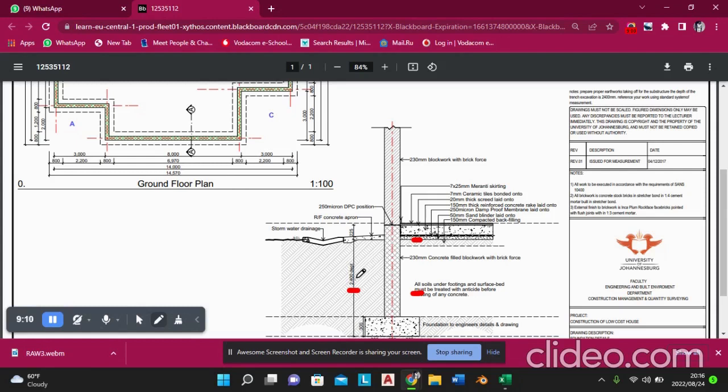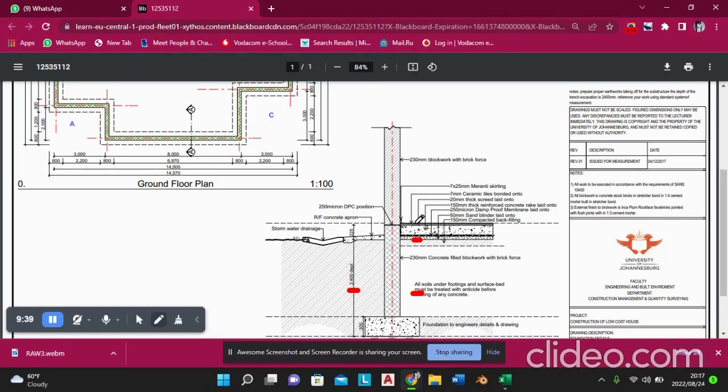You just take the 2.4 meters, you subtract the 0.3 meters, and then remember we also have to add this part from natural ground level up until the surface of the concrete bed,